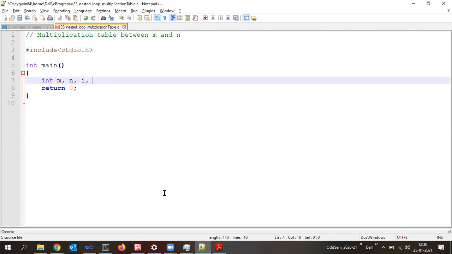Okay, and then every time we want to multiply and store it into a variable, like a product. 3 into 1, that 3 has to be stored. 3 into 2, that 6 has to be stored. So on. One more variable, I will take p here. Okay, now